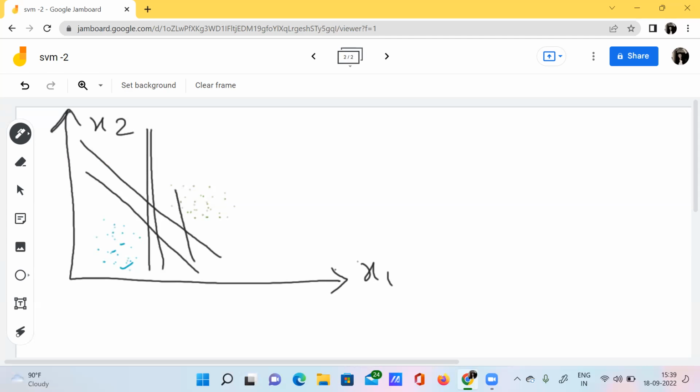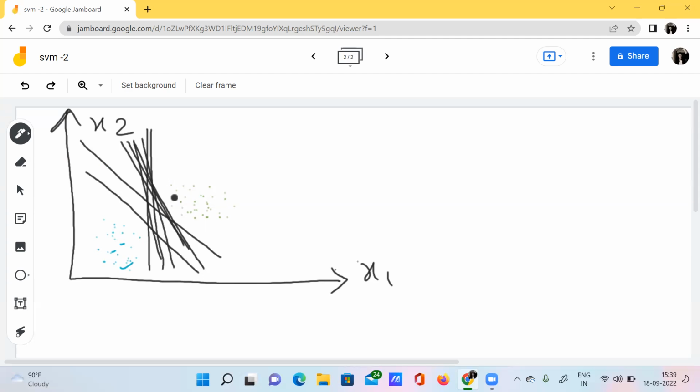I can also do that simply like this. So there are so many possibilities of drawing hyperplanes, which will do the same kind of job, right?